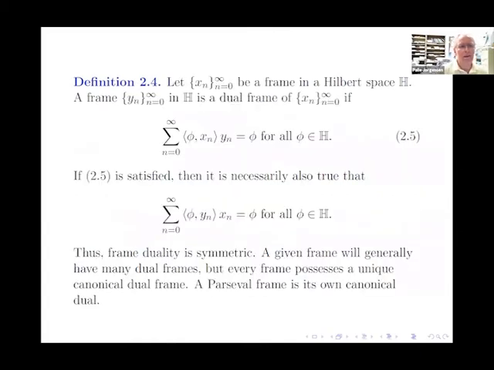And if you have such a frame here, X_n, then there's a dual frame, so that every vector in H can be realized this way here. So I like to think about this as a generalized Fourier expansion. And for the formulation of frames, we have duality. In other words, you can think of X_n and Y_n symmetrically. So if you have 2.5, then you also have the corresponding thing where you flip the roles of the X_n's and the Y_n's, and that's all fine.